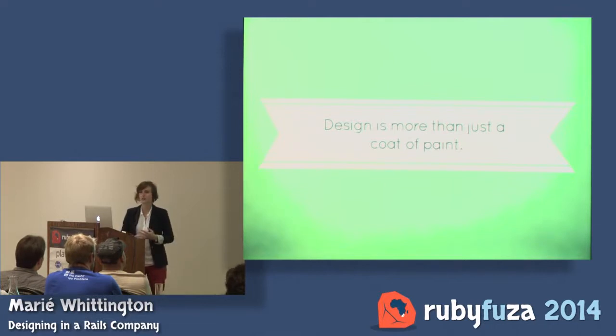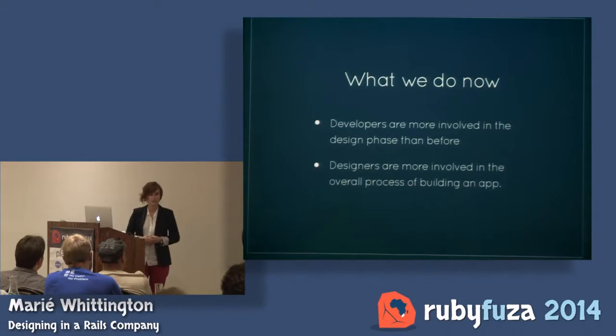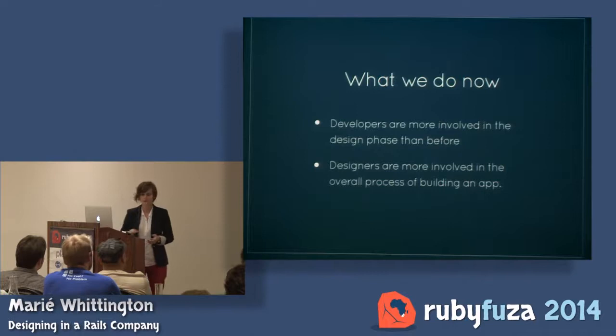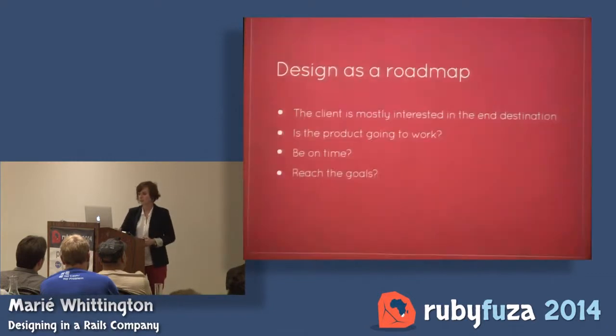So we've made some changes to this, and what we do now is we've got developers that are way more involved in the design process, and we've got designers that are way more involved in the overall development process of building the app. So we're trying this new way. And what this means is that design becomes more of a roadmap in creating the app. So there might be some bumps along the way, some detours, some reversing back out and trying to get back in again. But design as a roadmap